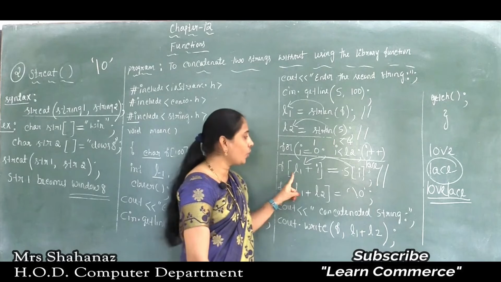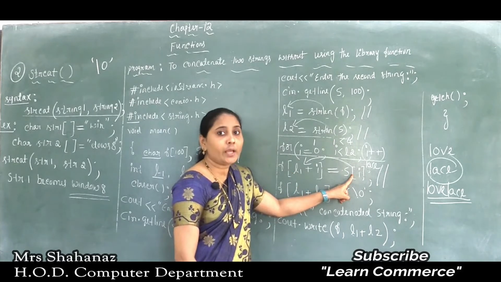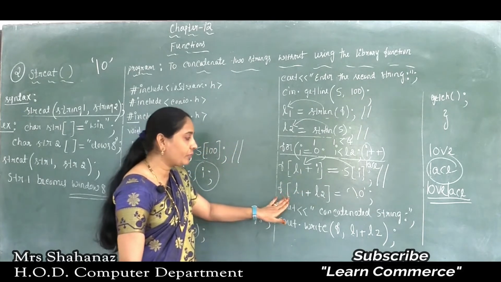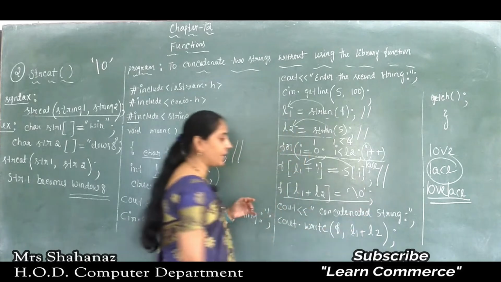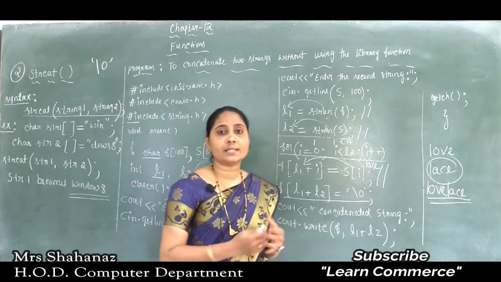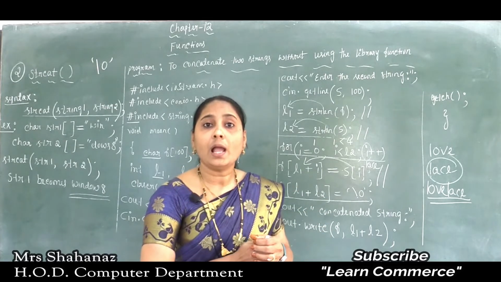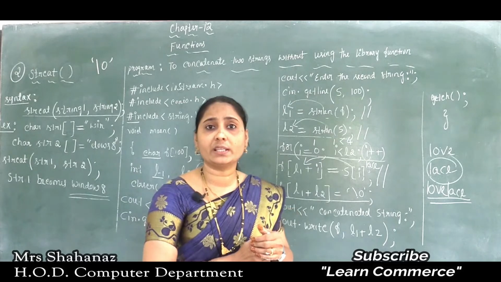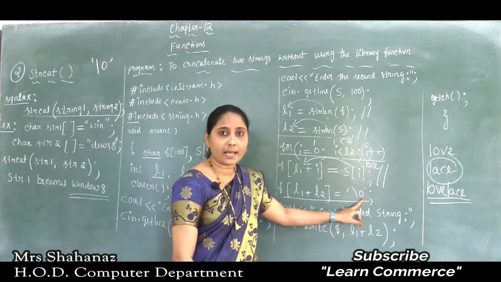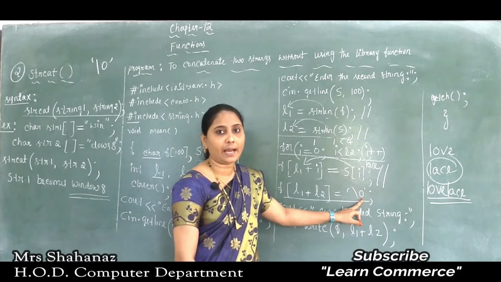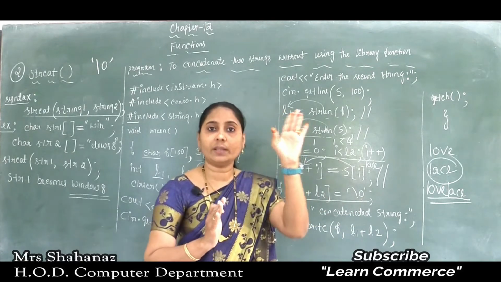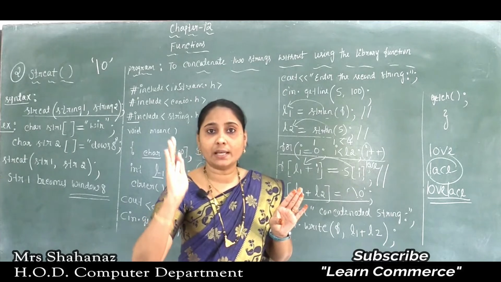So the characters of string 2 are copied to string 1, to the first string 1. Clear this one? Okay, and after copying, as we know, in our string the group of characters, I already said that a string means a sequence of characters terminated by the null character. Finally we need to add the null character. So we can say that the null character is automatically added to the end of the string. Clear this one? After combining string 1 that is love and string 2 that is less, that is equal to love less,